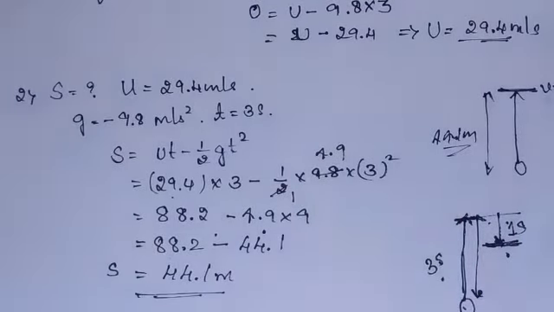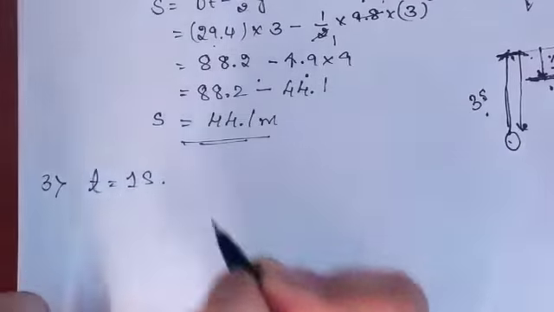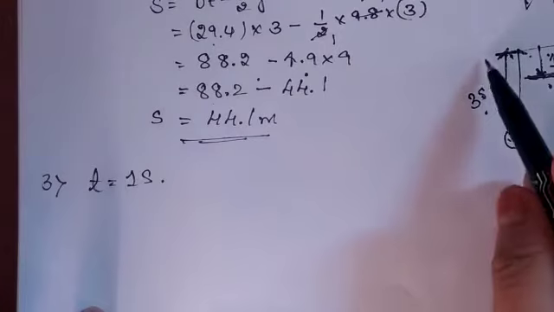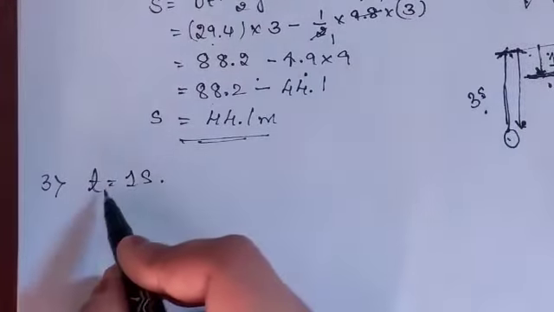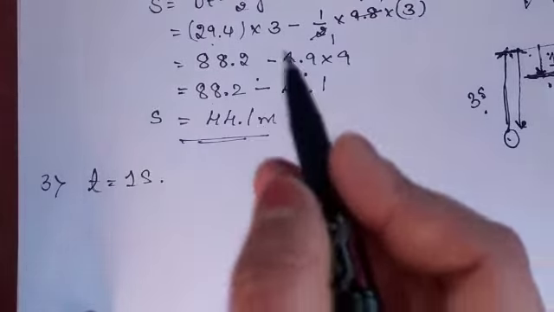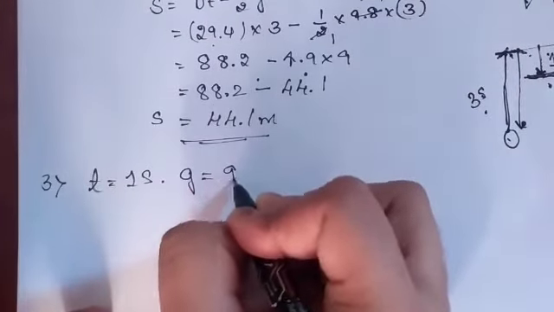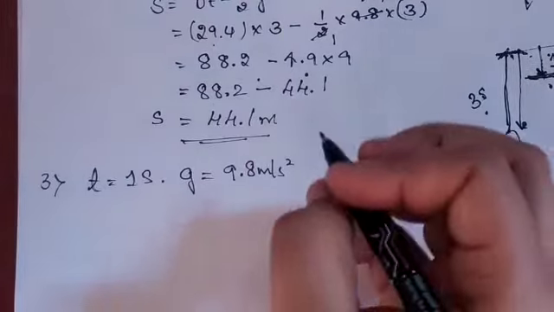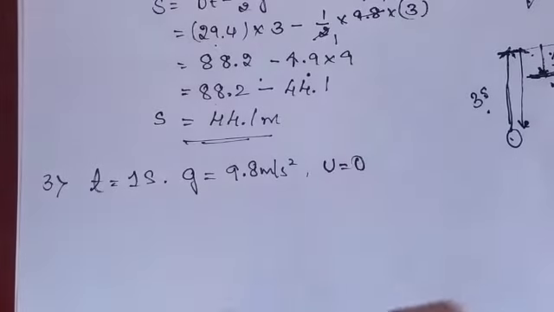So let us find it out. Here the time is given. The time value is 1 second, because here we are taking a downwards position. 3 seconds it takes to go to the upward position. Again the ball is coming to the downwards position in 1 second. So now we are going to take the ball which is thrown downwards. Then what is the value of g here? g is plus 9.8 meter per second square. And also what is the value of u, the initial velocity? It is a free fall, then the value of u will become 0 here.